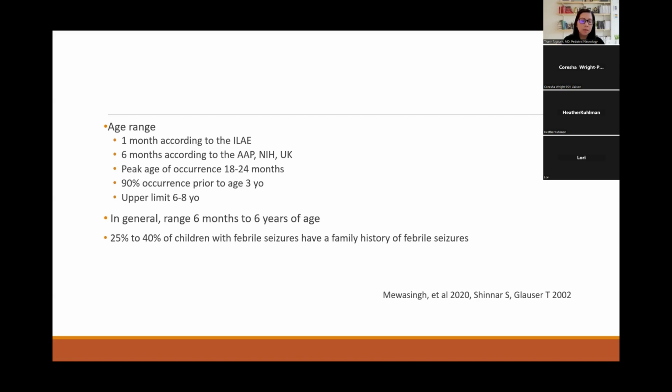And I didn't put it here, but most of the children are neurologically normal and don't have any developmental delays or any other issues. We believe that febrile seizures are familial. About 25 to 40% of children with febrile seizures have a family history of febrile seizures. Environmental factors, epigenetics, and other things play a role. And we think it's a bit of an aberrant developmental component of the brain during that age time frame. But the majority of febrile seizure patients are normal, healthy, and they outgrow them.